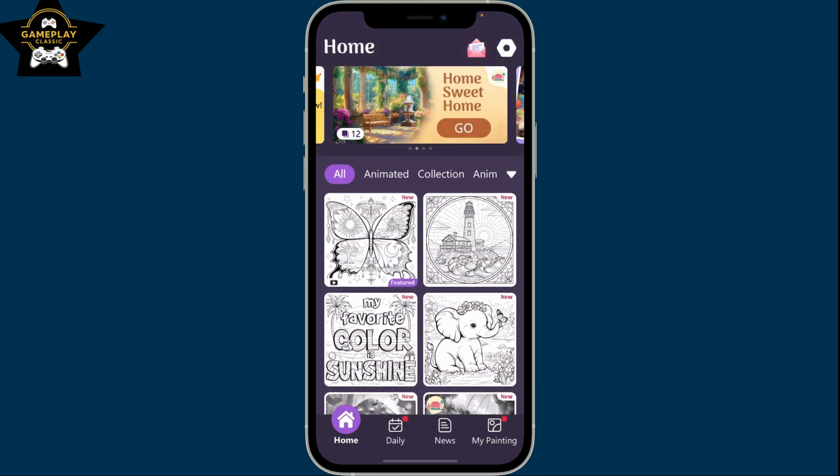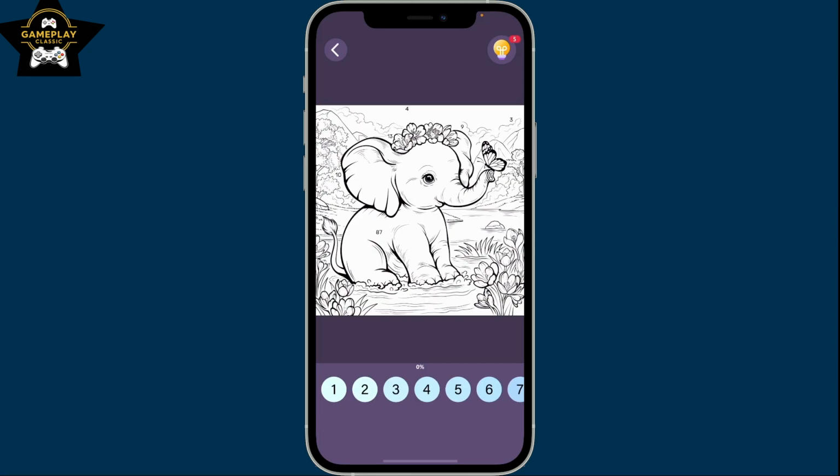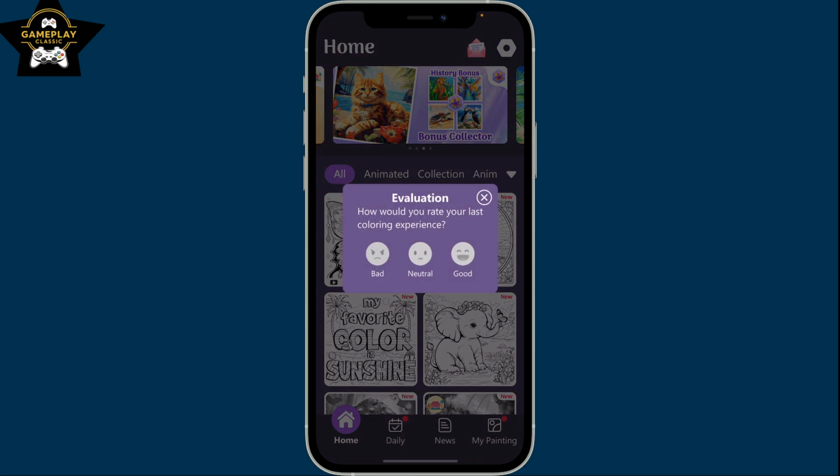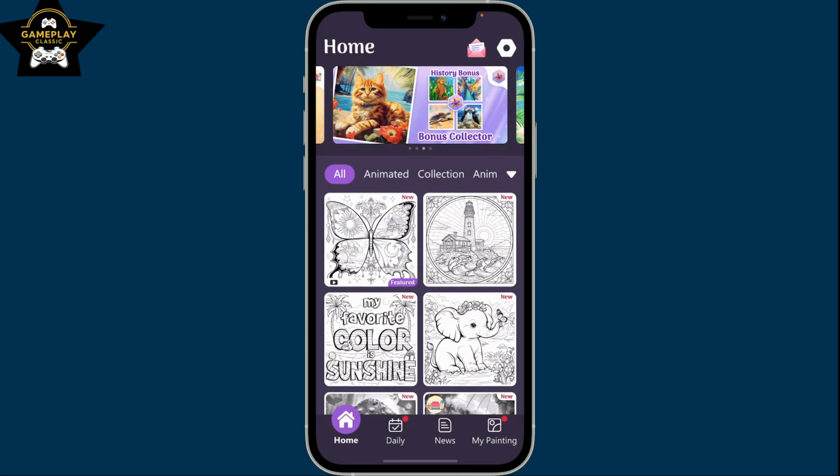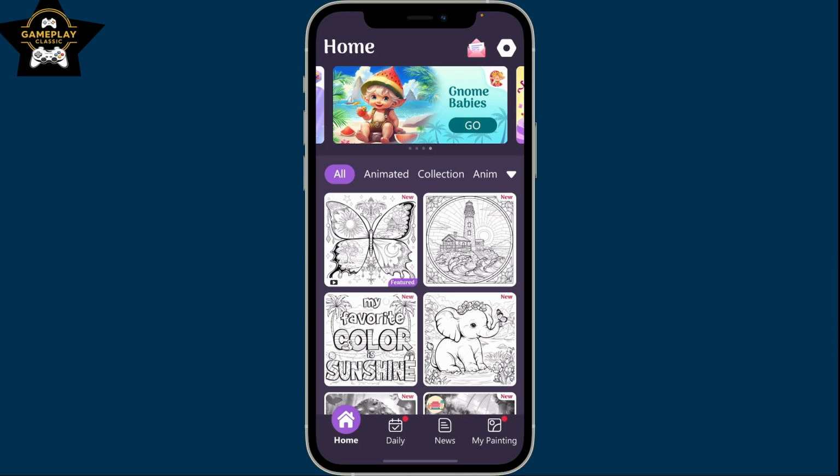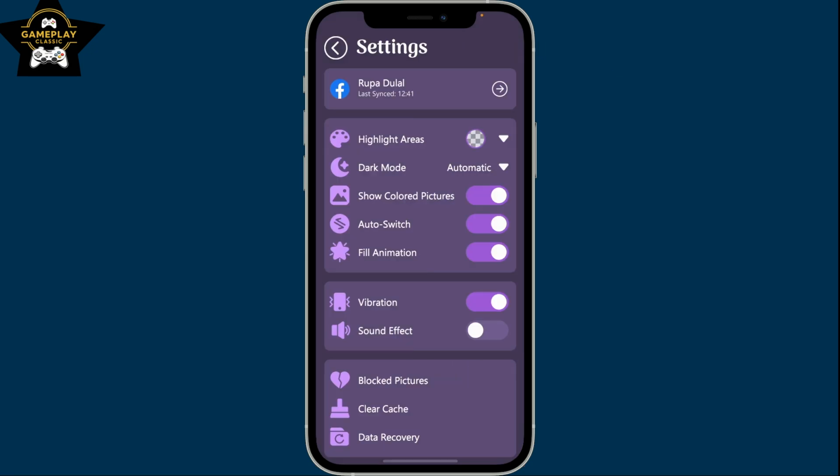So if you want to turn on the sound effects on your Tap Color Pro app, then the first thing you want to do is to open the app on your mobile device. After opening up the Tap Color Pro app, go to the top left corner of the screen and click on the gear button. This will open up the settings menu where you can simply go and enable the sound effect